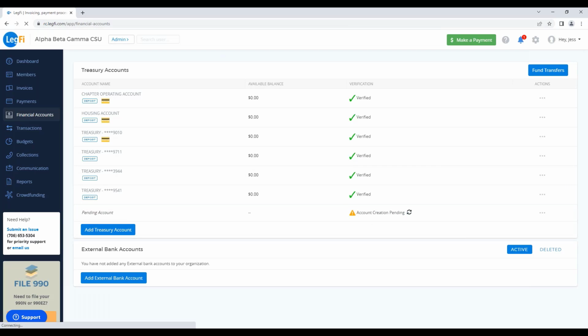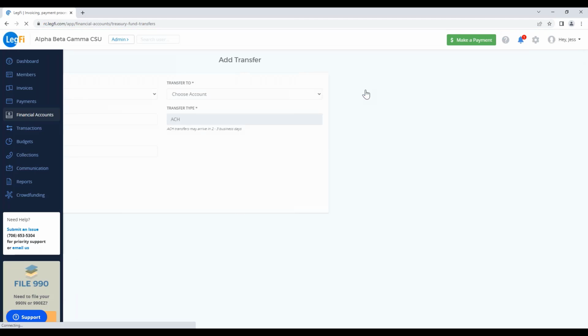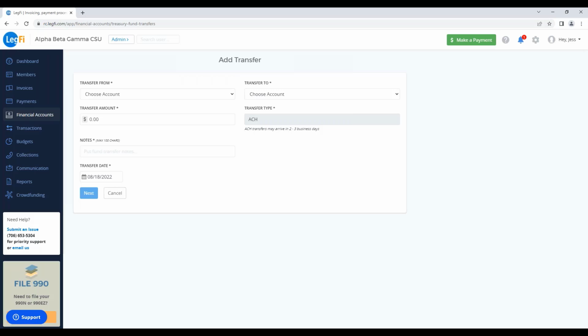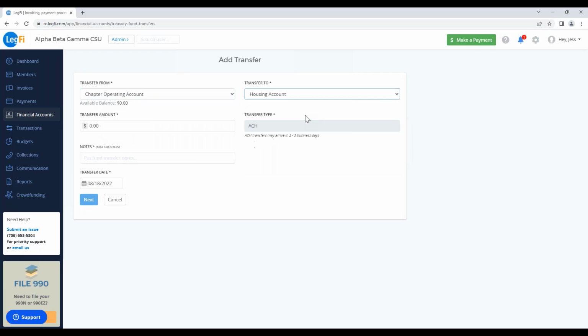it will upload. You can transfer funds between Treasury accounts as well as between a Treasury account and external bank account via ACH transfer. To initiate a transfer, you'll select the Fund Transfers button and then select Add Fund Transfer. You can select which account you would like to transfer funds from. So you can transfer funds from your operating account to your housing account, and then the amount that you would like to transfer, and any notes,